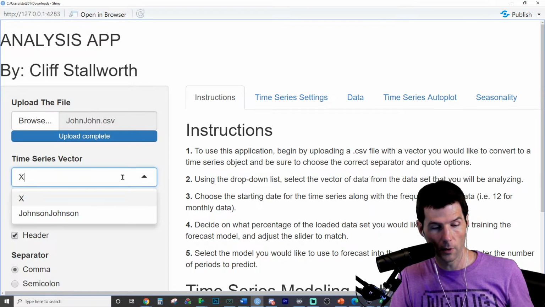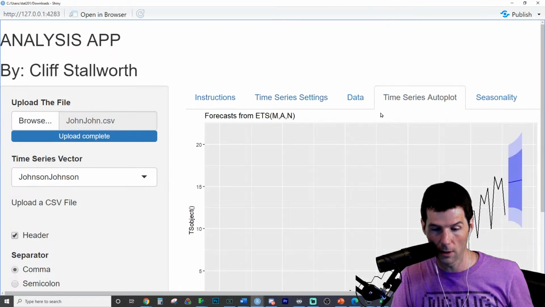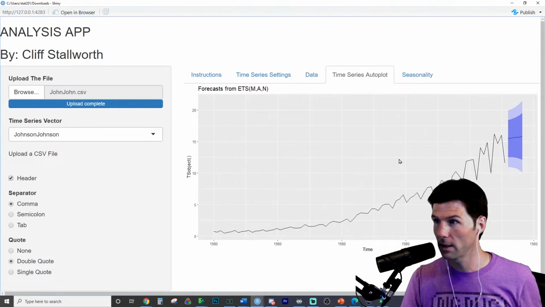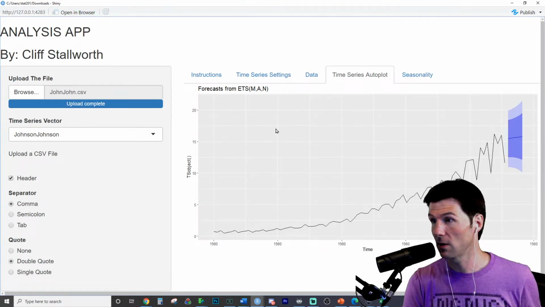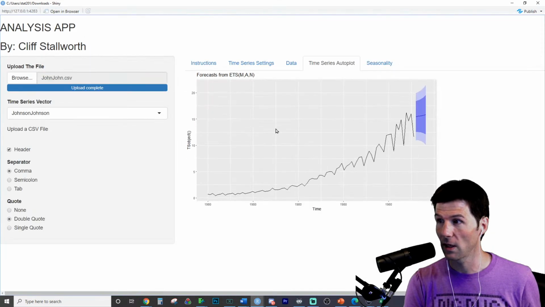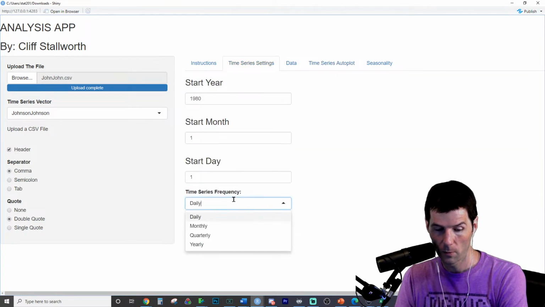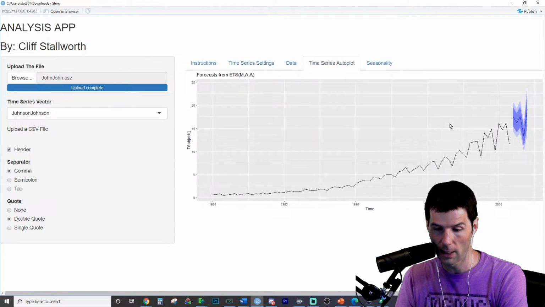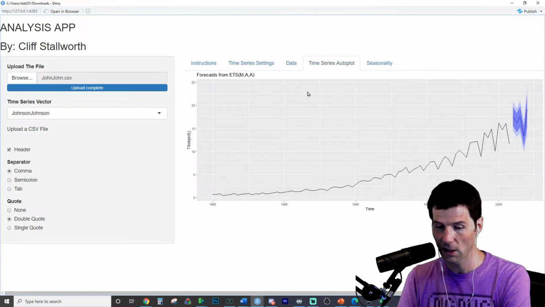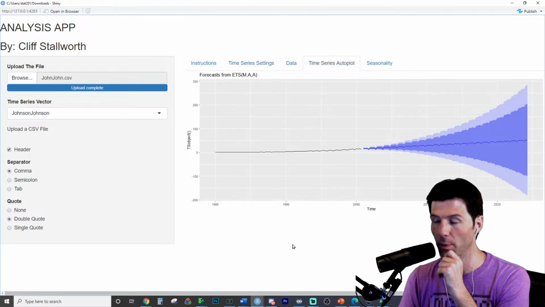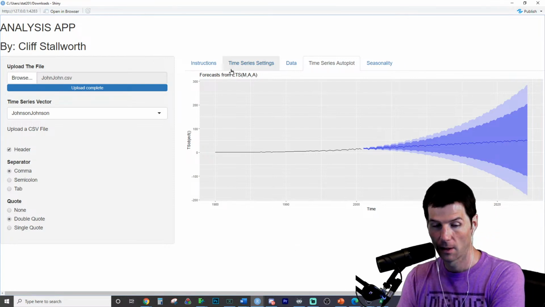And here we go. Two hours later. Load up our data. Data loaded up. Pick the vector. Check out our auto plot. Looks a little different. Decrease font size so we can see more on the screen. Because this is Shiny, plots will augment to screen size. It's one of the things I love about it. We set it to quarterly data, which it is. We go to time series. Now we get the quarterly forecast right here. Boom. Working.